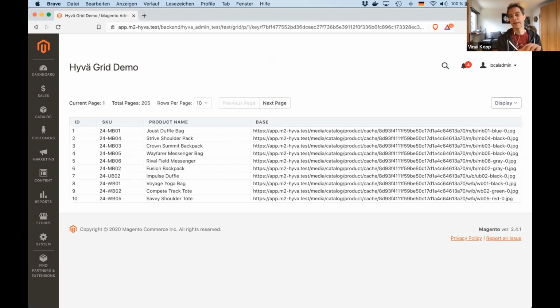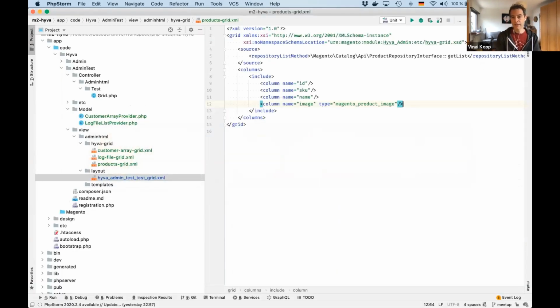And okay, look at this. So if I provide the type here, it will render the fully qualified link to each product image, which is nice, but it's not quite what I expected here, right? So if we actually want to render this as the image, there's one more attribute we have to specify, which is render as secure HTML, because I wanted to err on the side of caution here, and rather than having some